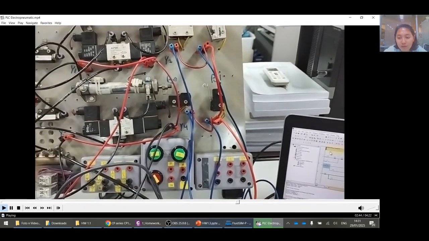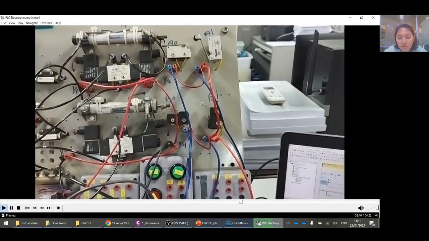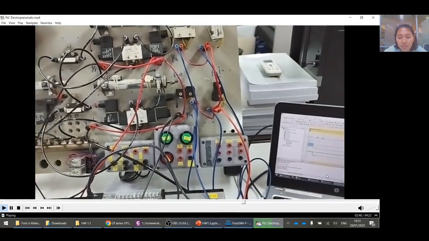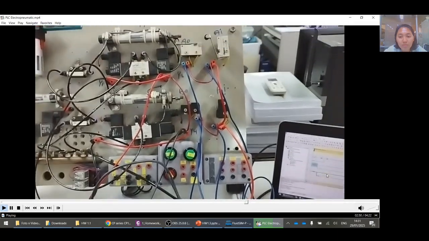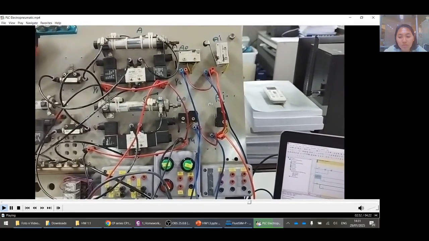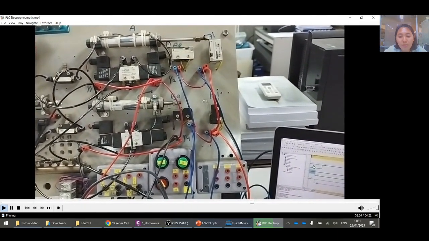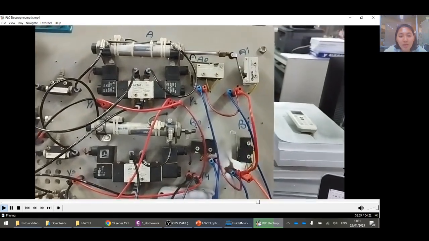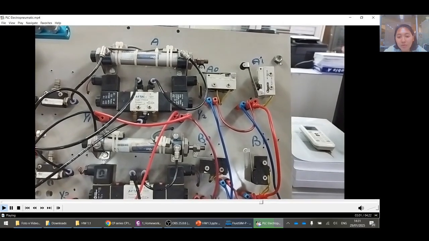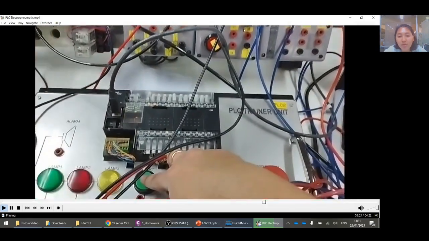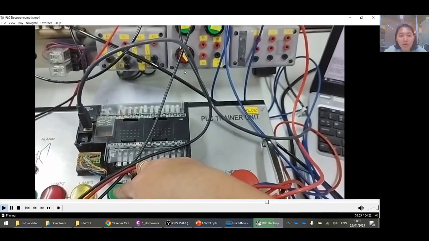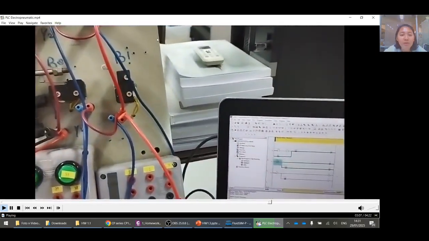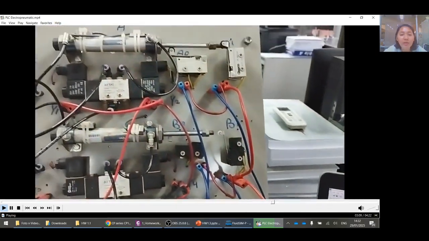You can see here, when I press the start, it will be green color, and cylinder A goes forward, cylinder B goes forward, cylinder B goes backward, then the last cylinder A goes backward.